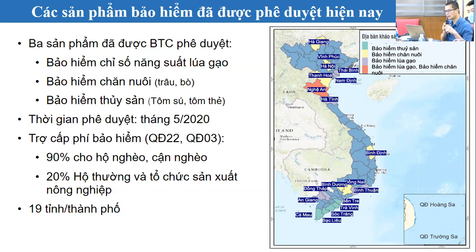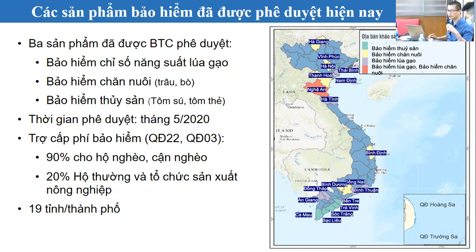Cái thứ hai là bảo hiểm chăn nuôi, trong đấy có bảo hiểm chăn nuôi trâu, bò, bò sữa, bò thịt. Và bảo hiểm thủy sản thì chúng ta đang có bảo hiểm trên tôm sú và tôm thẻ. Thực tế các sản phẩm này là sản phẩm đã được phê duyệt, tức là